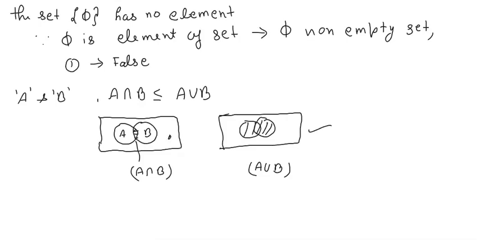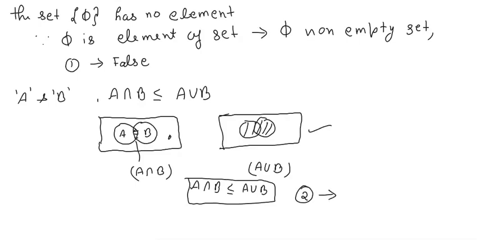So we can say A intersection B is less than or equal to A union B, and from that we can say the given statement is true. So statement second is true, and statement 1 is false. Moving further,